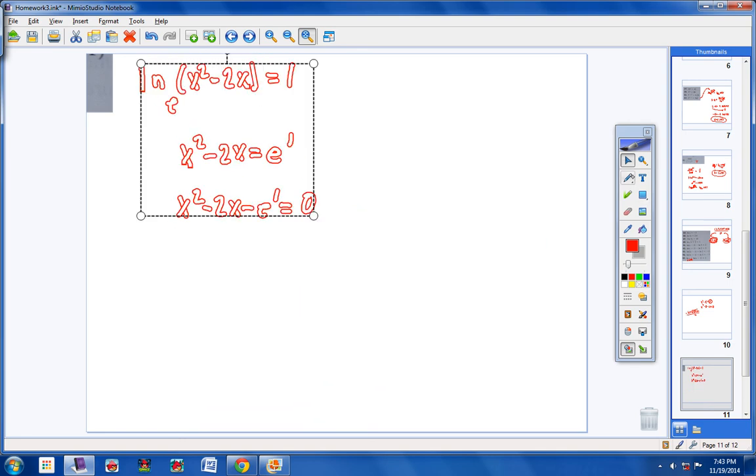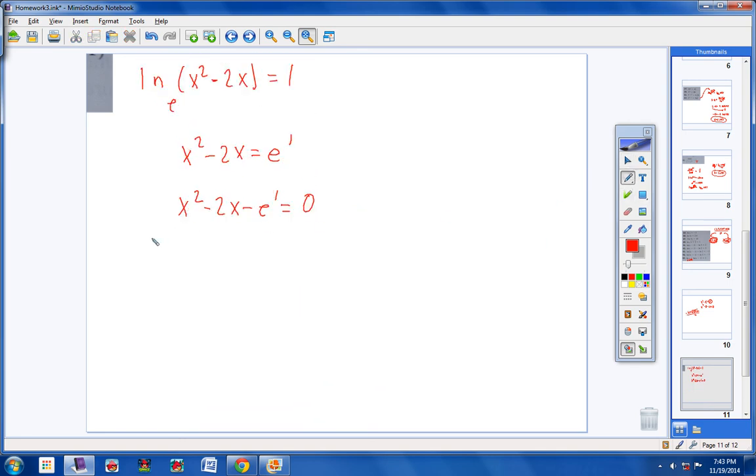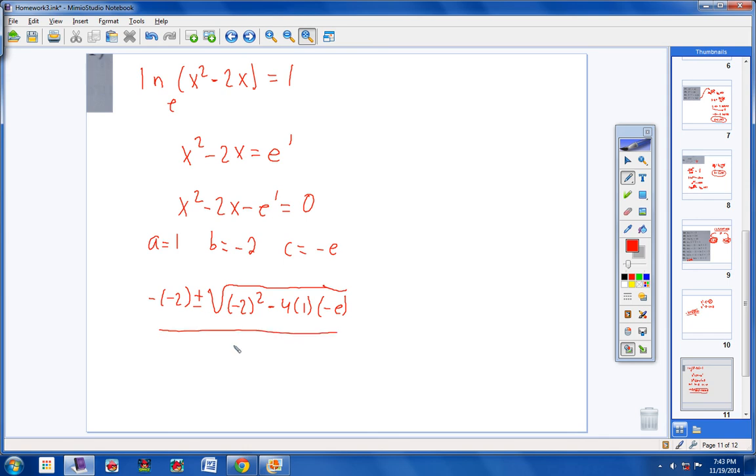Now let's see. A equals 1. B equals negative 2. C equals negative e. So negative negative 2 squared minus 4ac, all over 2a. Okay, so next we'd have positive 2 plus or minus